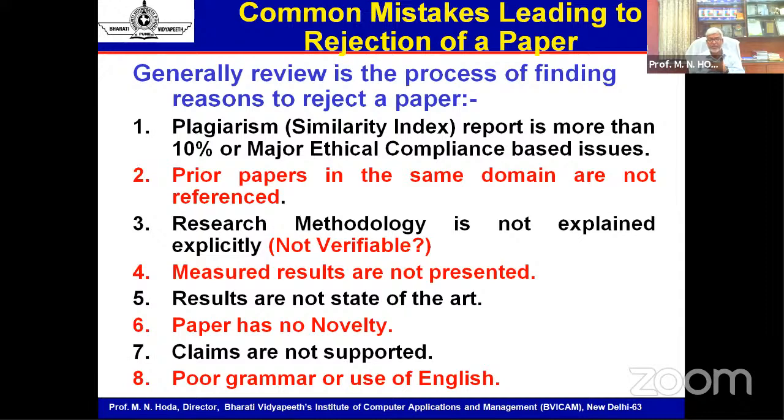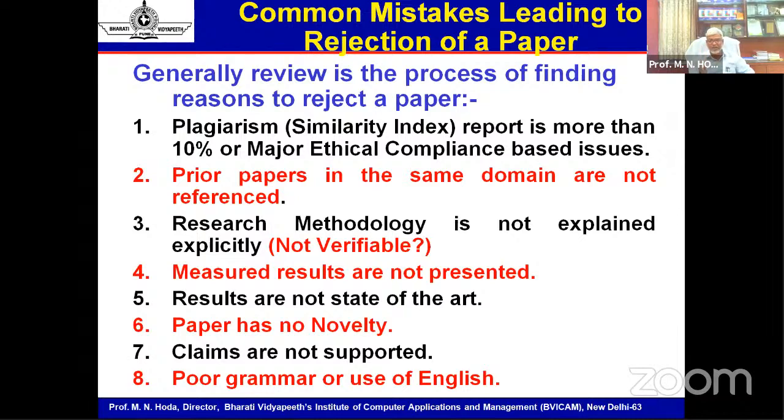Because as a publisher, of course, my research interest is that I must help peer researchers to publish the paper. But my core interest as a publisher is in my business. My journal will be purchased, my papers will be downloaded after paying publication fees, reading fees, or subscription charges, only when the results are state of the art, only when they have a value. If it doesn't have a value, I will be losing my business interest. And if the publisher is losing its business interest, why will the publisher publish your paper? That's my suggestion to all of you.